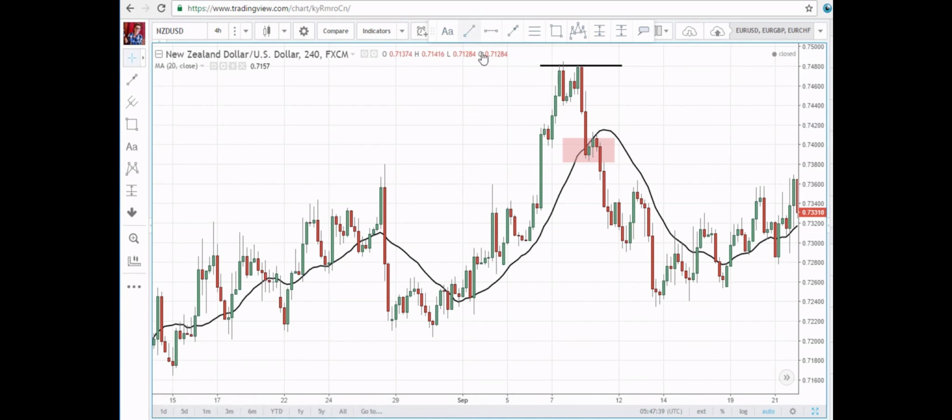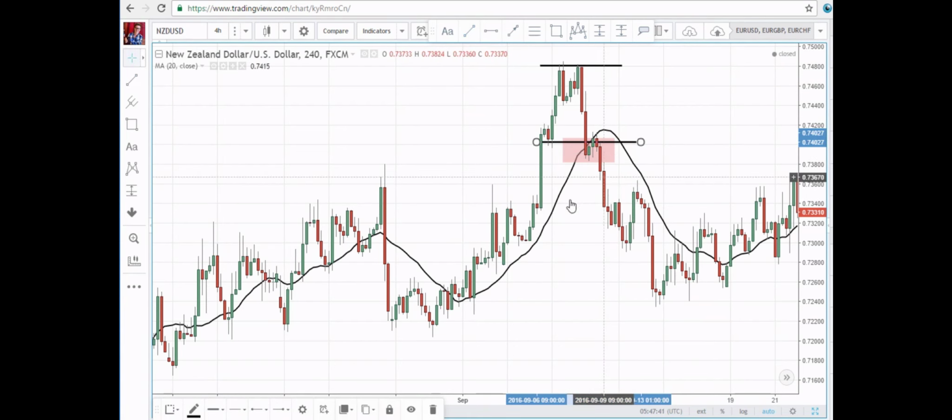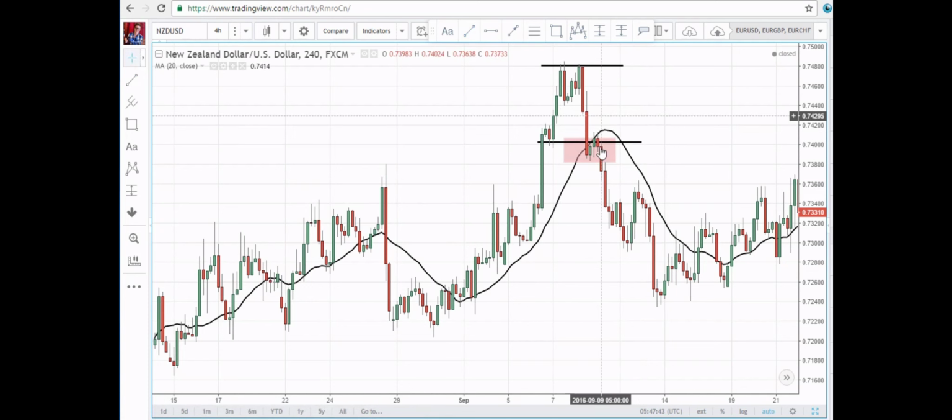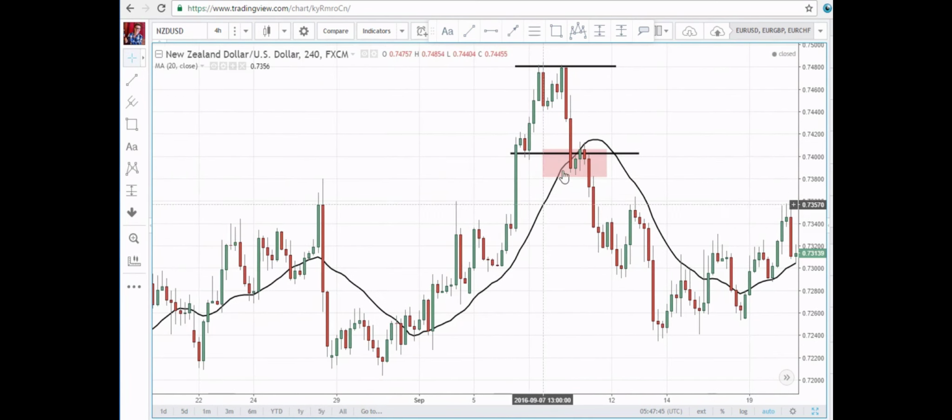Let me mark that for you. So you can see we have a previous swing point here, we break below it, we came back into the area and also into the moving average. We retested. In a later video I will show you exactly how to enter such a trade, but just to give you a little bit of an idea,